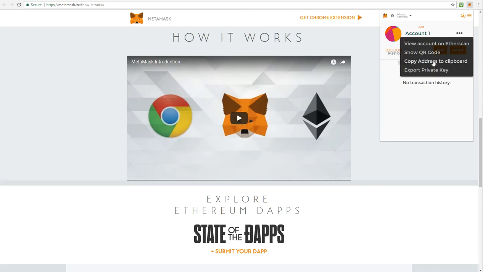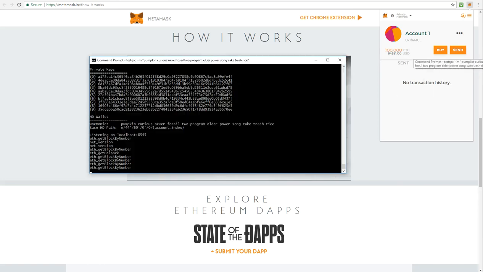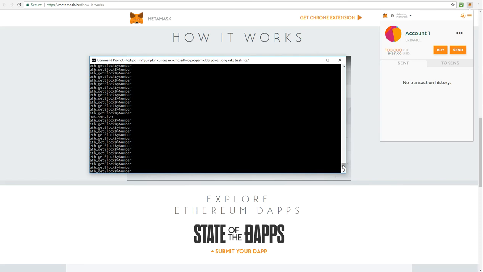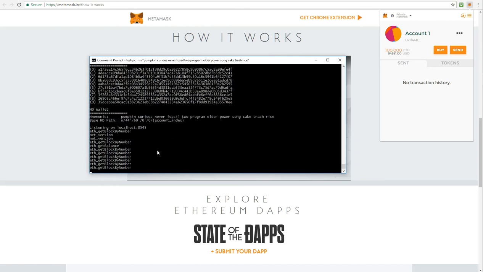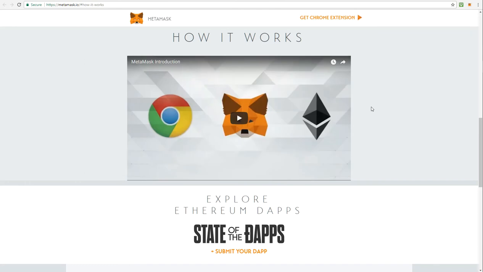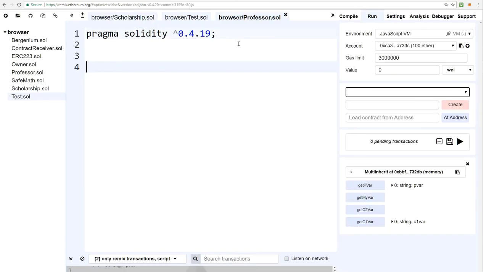Now if you copy address to the clipboard, the address that you've copied should match this address here, 0x1f441. Okay, so now we're running TestRPC to interact with our MetaMask, and we're good so far. Now the next thing we want to do is create a contract, and we're going